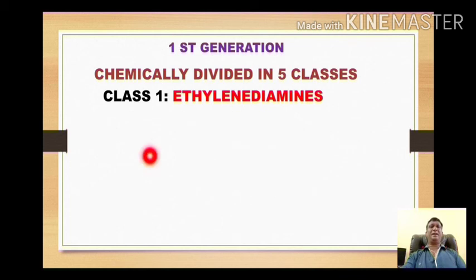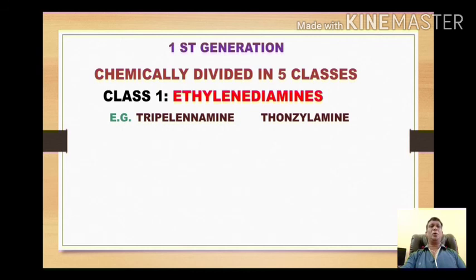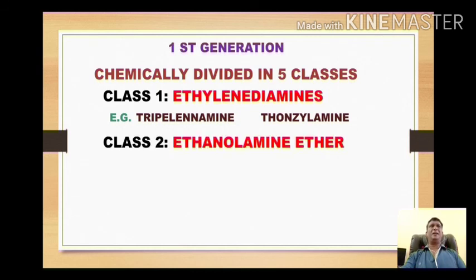The first class is ethylene diamines, from which we have the examples like tripelennamine and thonzylamine. The second class is ethanolamine ethers, from which we have the very classical examples like